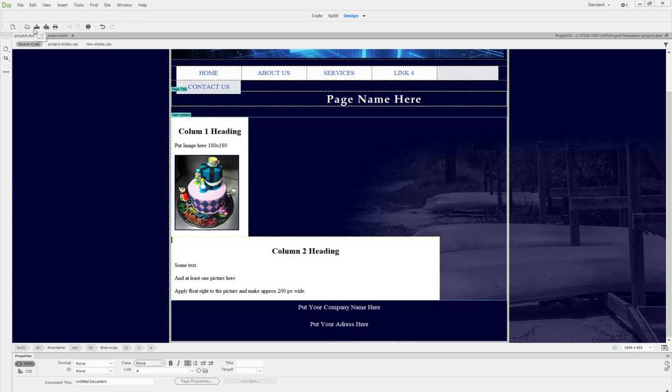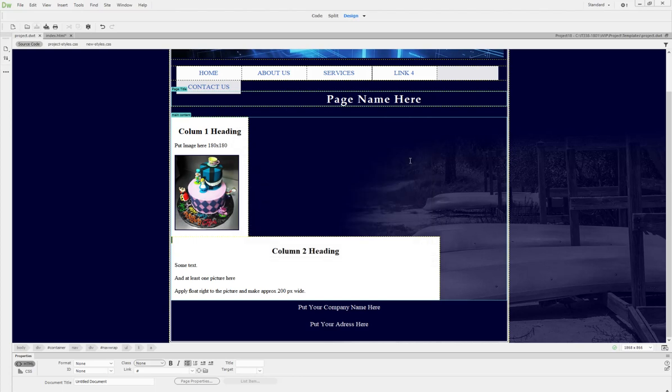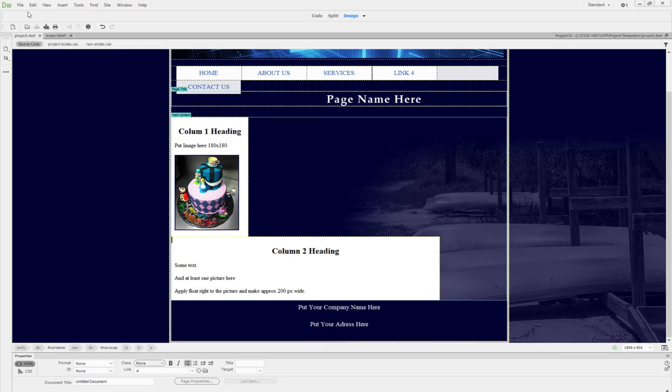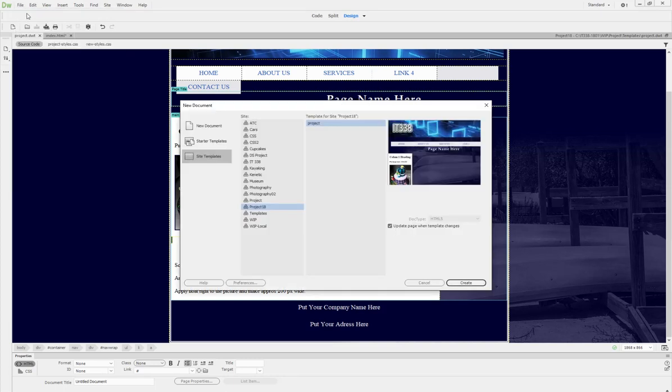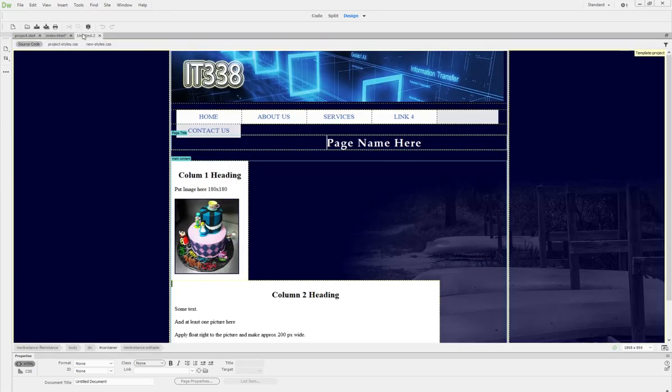Going to save it. Click on update. And if we go back into index, it should show the new change, which it does. Unfortunately, it doesn't link to anything. So let's go back to the template, and we need to actually create a file, and we'll call it services. So we're going to create it. Now, you must save it in its own folder. So let's name it first. After we create the title, just put listing of services,